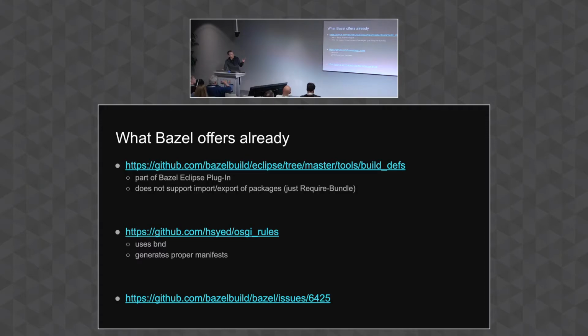Recently I discovered this OSGI rules repository. I haven't tried it, but it looks pretty interesting. It uses BND, and it generates proper manifests. And yes, there's a feature request open asking for OSGI support. But it's been open for quite a while, so I don't think anything is going to happen unless someone steps up from the community and does it. So, and again,